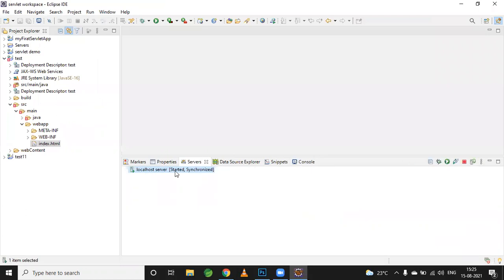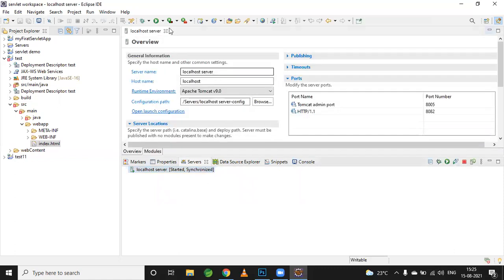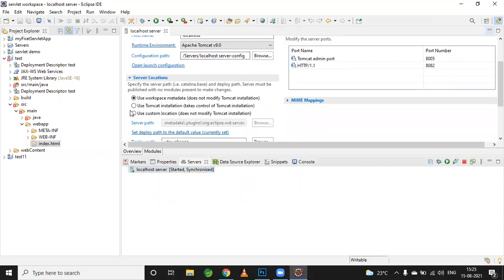If we want to see a home page on entering localhost and the port number in our browser, then just double click on this Tomcat server option inside our Eclipse and select the option Use Tomcat installation, which takes control of the Tomcat installation.